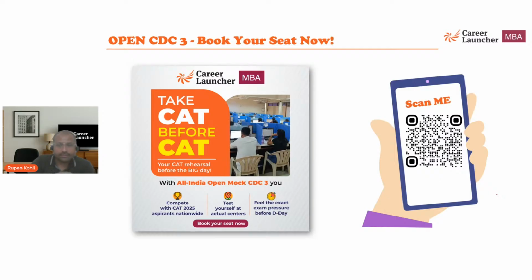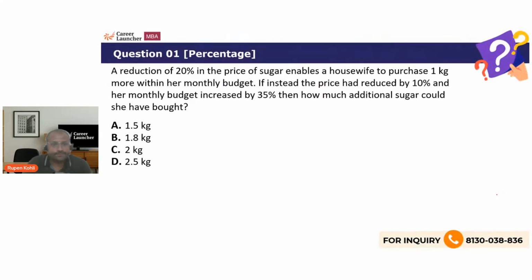Let's start with the session. Here we go, people. Question one. Remember how I take this session: I give you a few seconds to read the question, then we'll start it together. So it will be a race, who gets to solve the question first. I'm looking at the chat box. If you get the answers, do let me know. I'll declare the names and then we'll understand who solved it first. So here we go.